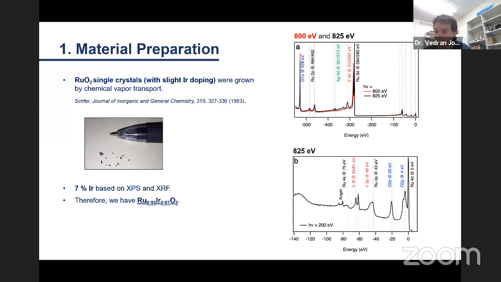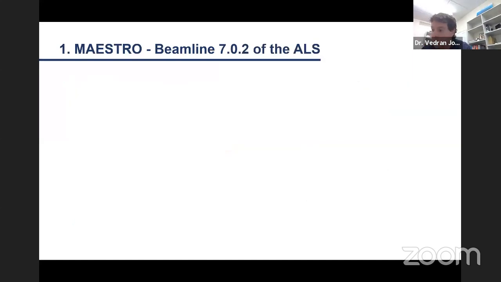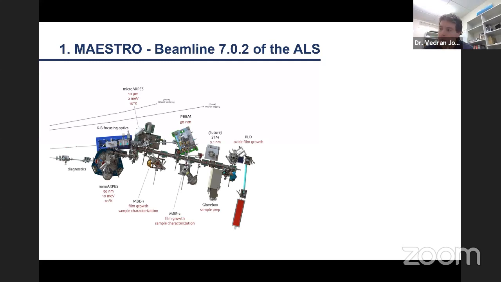And then X-ray diffraction confirmed that we indeed have this rutile crystal structure with its respective crystal parameters. So it's consistent with ruthenium dioxide. And there's a little schematic of the crystal structure. We performed the spectroscopic measurements on the single crystals at this Maestro